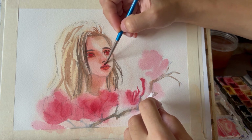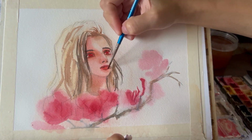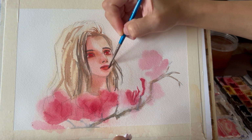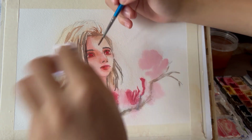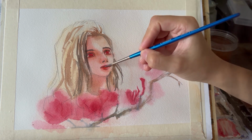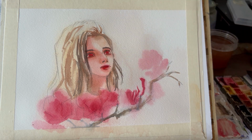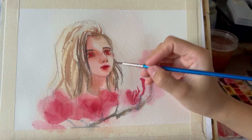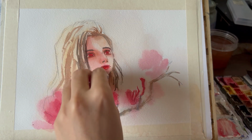Because others might really appreciate your art even if you think it is not meeting your standards. I'm retouching her facial features as I see fit. And later,